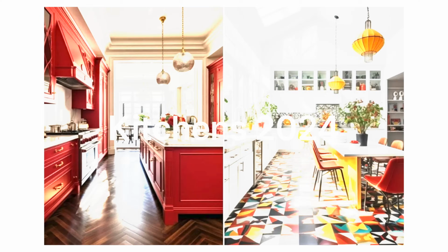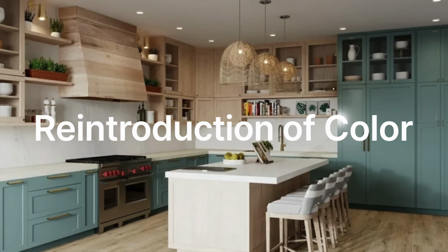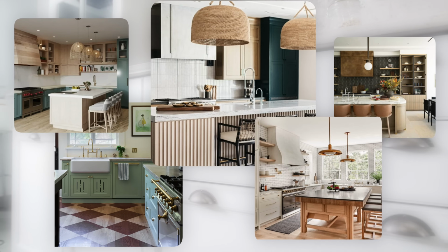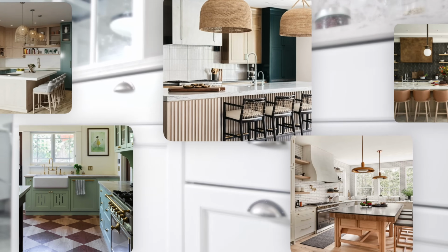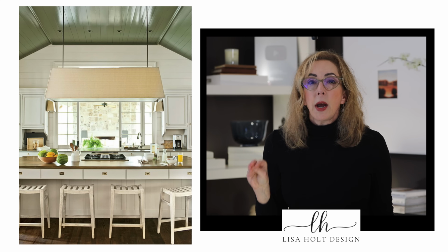So the number one trend, guys, that we're now going to see moving forward with all kinds of kitchens is the reintroduction of color, but not the way we saw it happening last year. Long-term trends for kitchens are going to be the addition of color, but in interesting and subtle ways that both tie the space back into the feel of the rest of the house and communicate a little bit of a storyline of their own. So for instance, here's a perfect example of an interesting and unusual way to add color